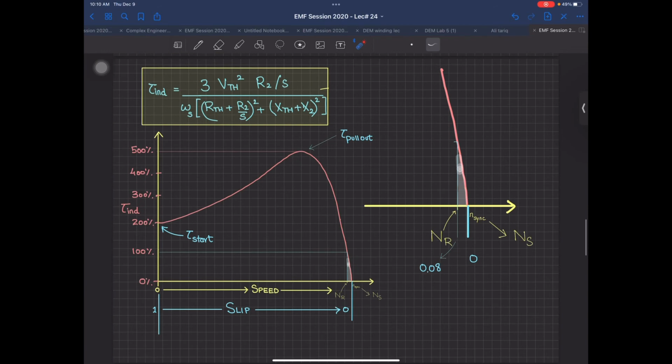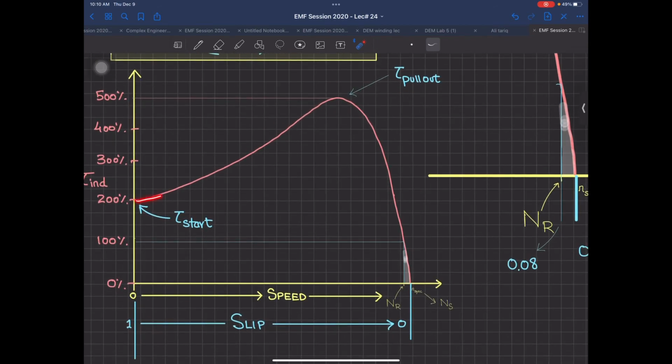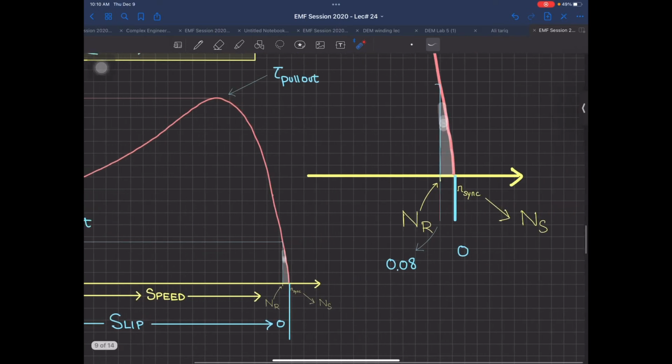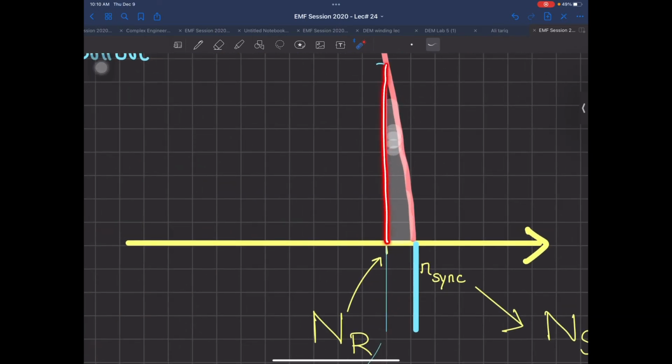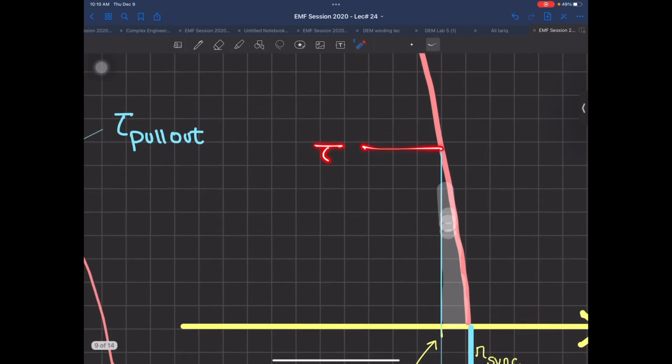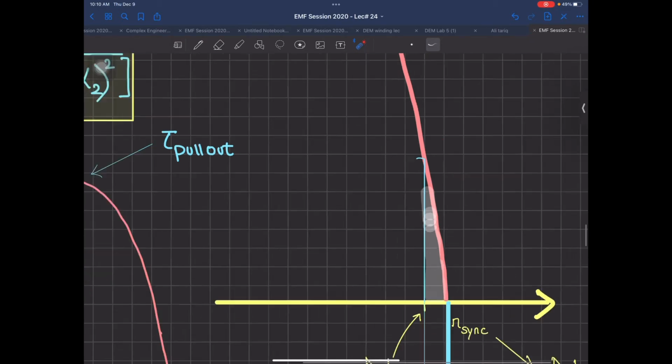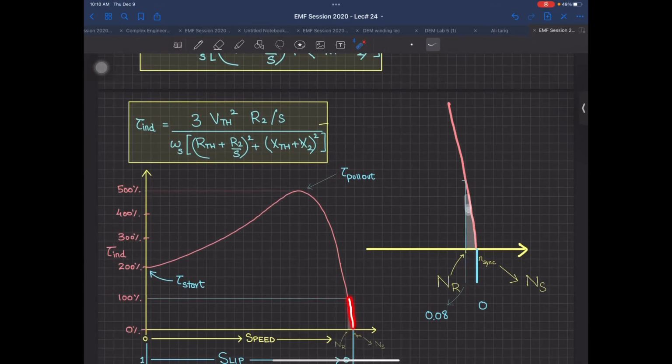The remaining region over here shows what happens if you load the machine beyond its capability. Now, if a machine is designed up till this point, which means it is going to give only this amount of torque as full load, this means the winding which you have done in the machine can only handle current up till this point. If you go beyond this, the machine winding will get damaged, it will open circuit. Copper cannot sustain that current. Because when you increase your load, your torque is increasing. Increasing the load means torque is increasing. On the y-axis, I have torque.